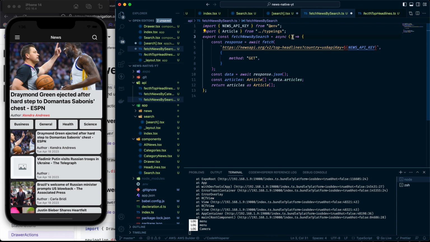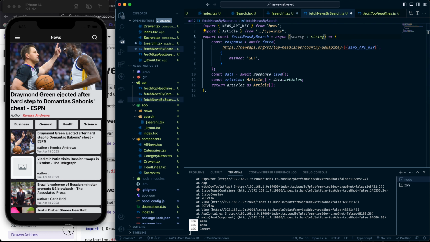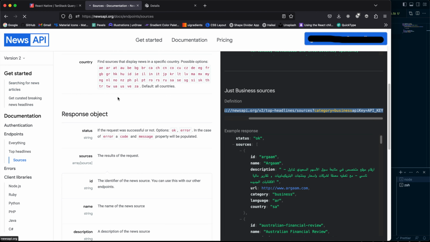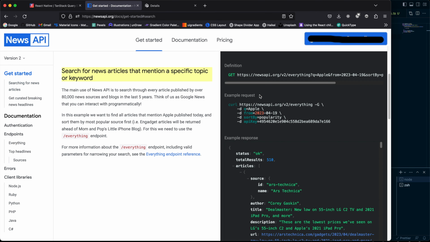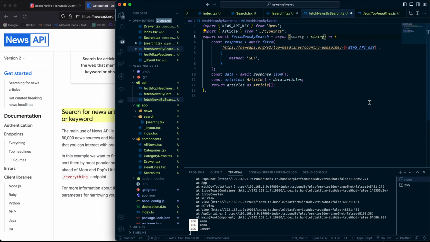This will be getting a string, search string, and if I go to our API, you can search for news articles. And this is the endpoint right here. Copy that, paste it right here,